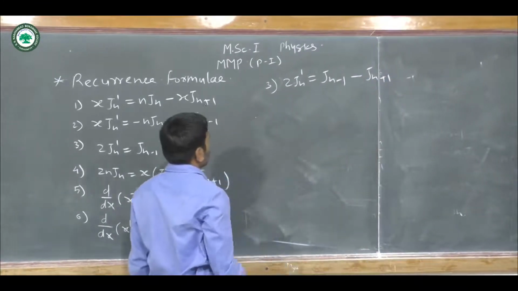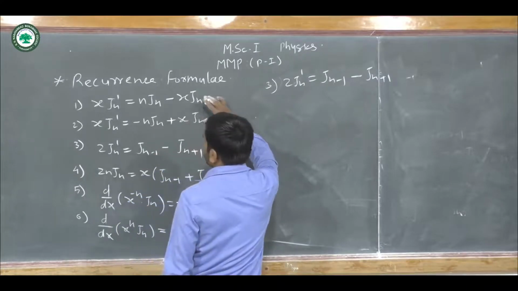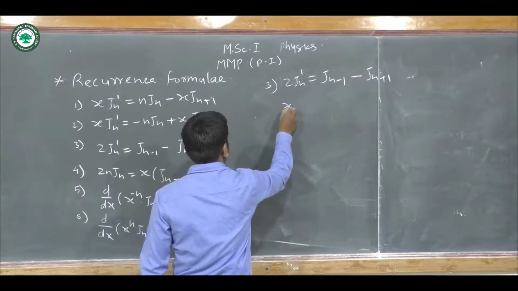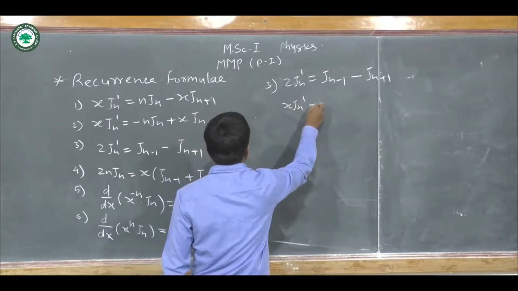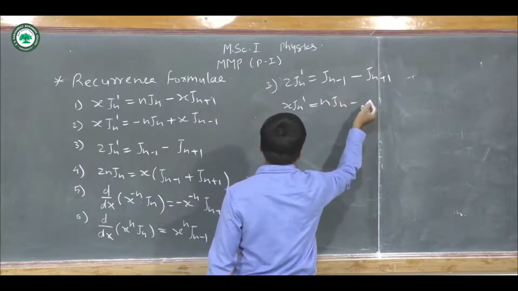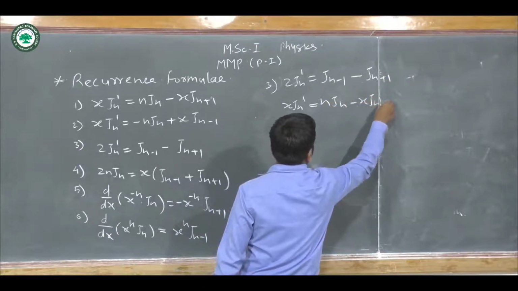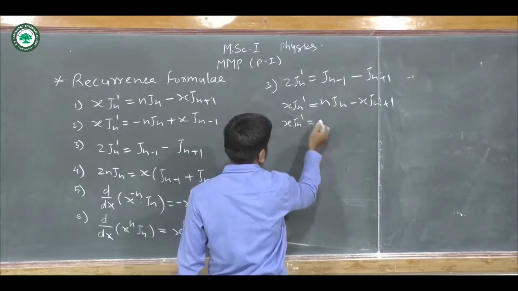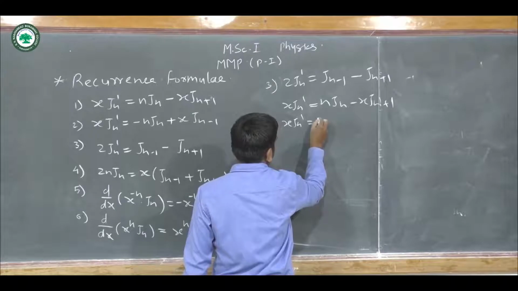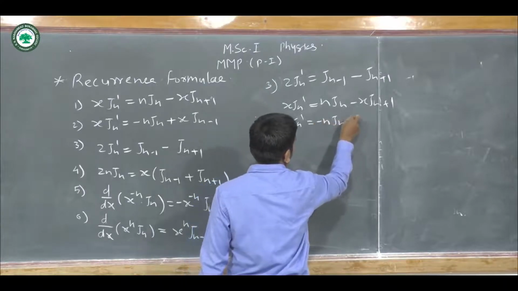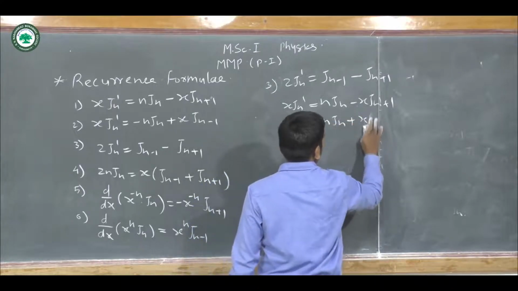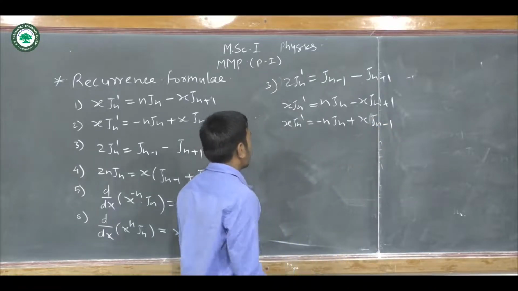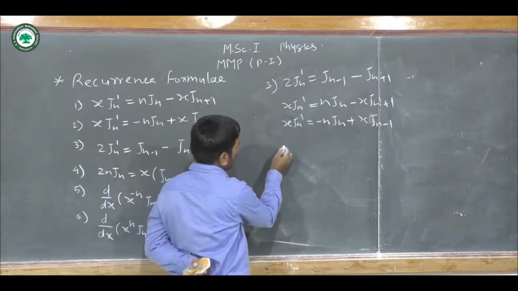Just add the first and second formulas, that is x Jn prime is equal to n Jn minus x Jn plus 1, and another, that is x Jn prime is equal to minus n Jn plus x Jn minus 1. So if I add these two formulas,